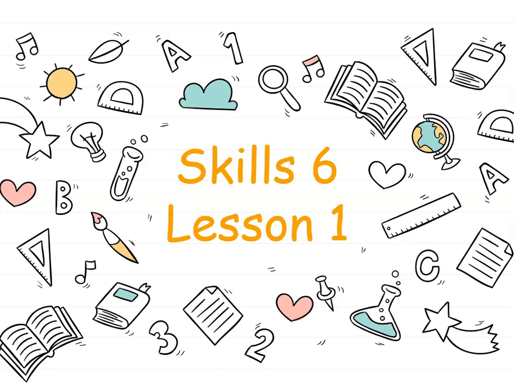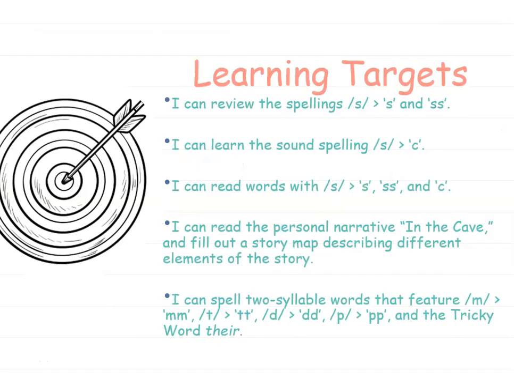Today we're going to review Skill 6, Lesson 1. Let's look at our learning targets. I can review the spellings S and SS. I can learn the sound spelling spelled C. I can read words with spelled S, SS, and C. I can read the personal narrative in the cave and fill out a story map describing different elements of the